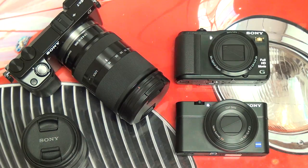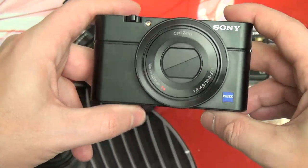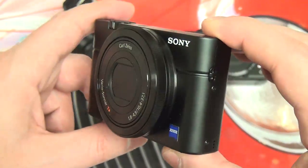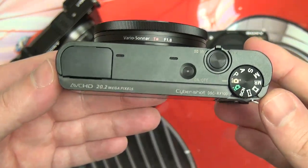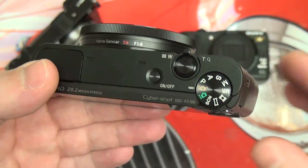I've given you guys a side-by-side already where I've compared at least what the cameras represent in their own right. But what I can tell you right now, even though this isn't a full review for the RX100, is that there's no question this is by far the best point-and-shoot camera ever made. If you're like me and you believe that a camera is only as good as where it can go with you, then you're looking at the best camera ever manufactured, especially in light of the price point